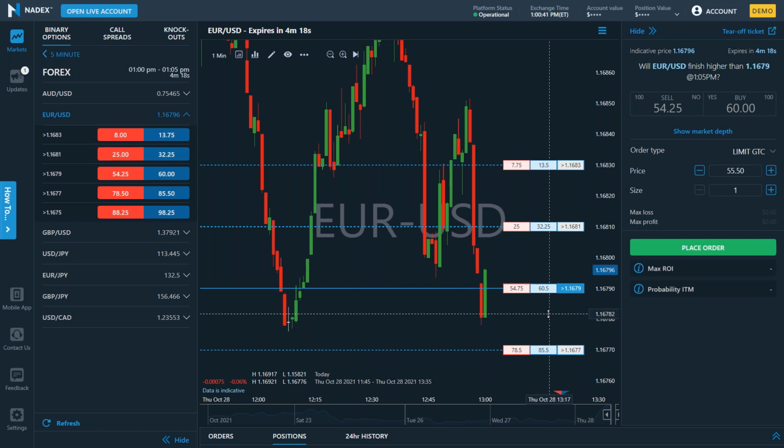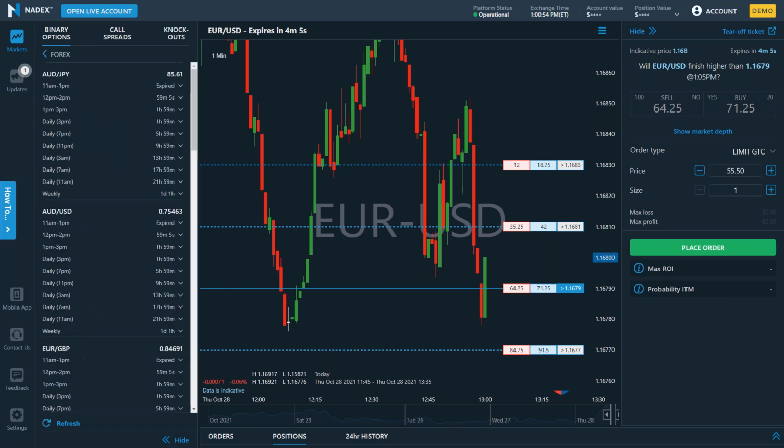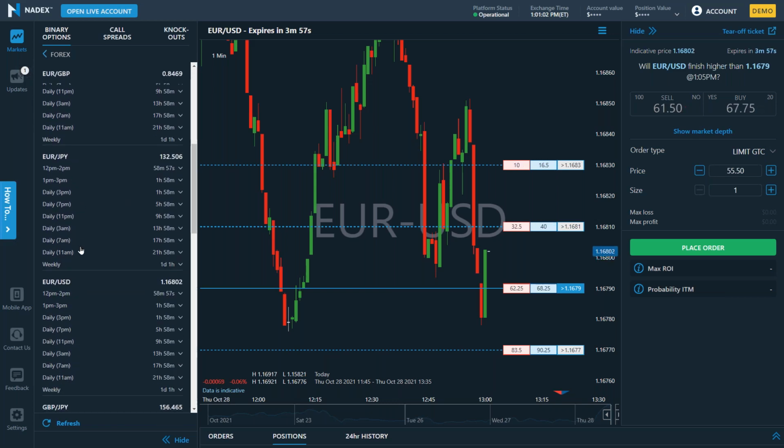Some people want that short-term, high-velocity price action. Some people are a little uncomfortable with that because it's just a little too much. So they might choose not 5-minute binary options, but they might go and look in our indices. We can refresh this because those expired. Let's look at the Euro US dollar because that's what we were looking at.